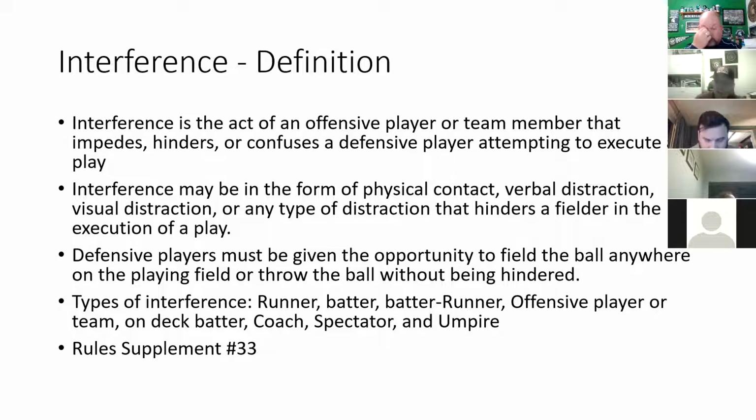Let's take another situation that can happen. The same thing happens. The second baseman is trying to field the ball. The runner from first runs them over before they contact the ball. Well, we've got an immediate dead ball. Somebody's out. Who's out? The runner from first who interfered. Now, if we think that was an attempt to break up a double play, and they still had a possibility of a double play,